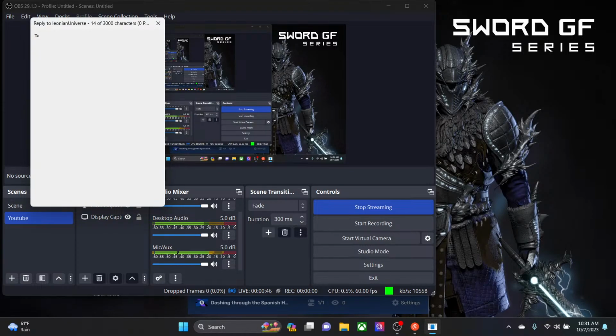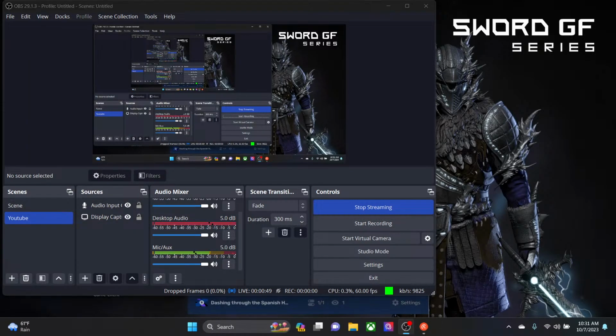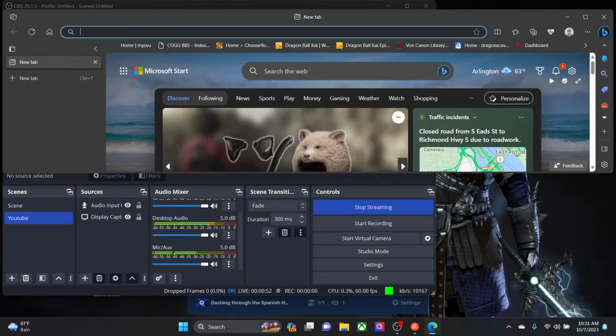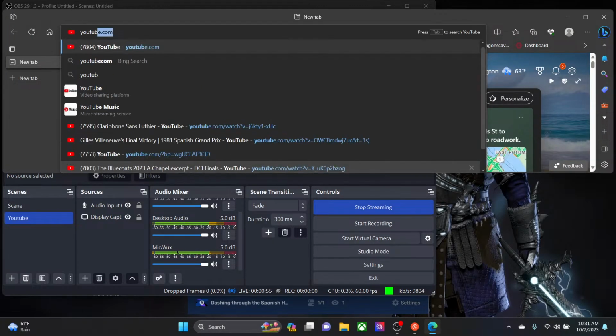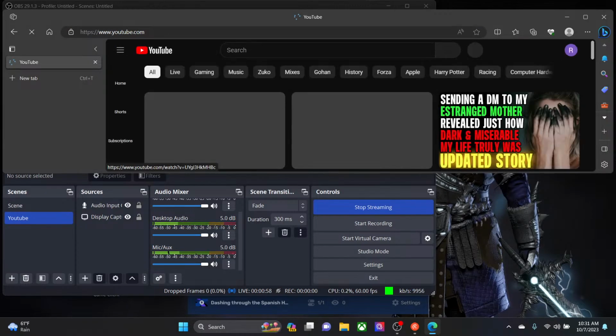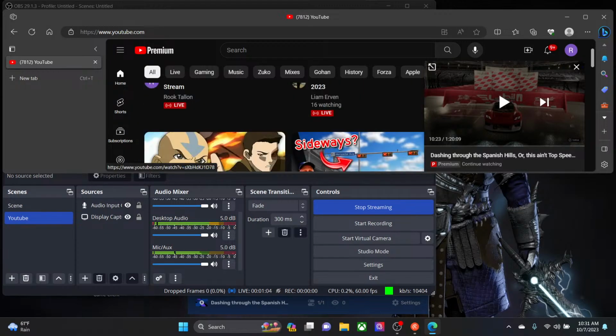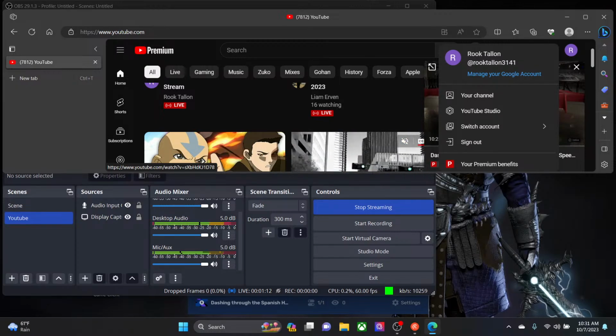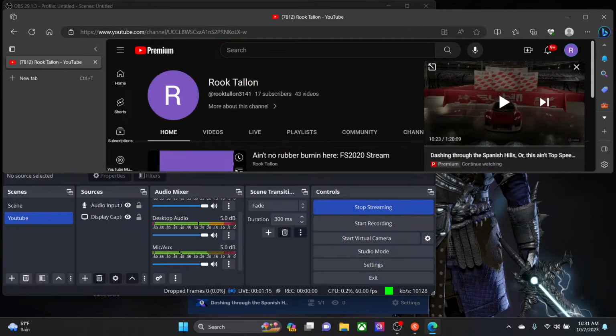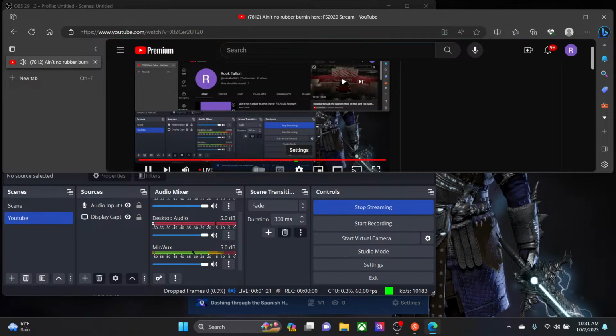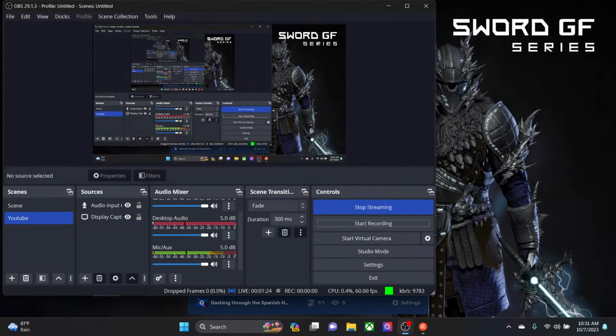Reply to cleaning universe. Cancel post FS2020. Start with. Open in new window. OneDrive. Login page. Login complete. You click a heading level 2 shorts. Click head link clickable. Clickable what's no click link Mervin. Tap. Blank banner left with click search blank button. Click a clickable button notification blank. Clickable menu button sub menu account menu. Blank. Drop link clickable link YouTube student. Clickable visited link your channel. Link 7812 YouTube main landmark clickable link no rubber burning here. FS2020 stream baroque talent no use link enter. Visit 7812 YouTube main landmark clickable link no rubber burning here. FS2000 OBS 29.1.3 profile untitled scenes untitled win new post 0 of